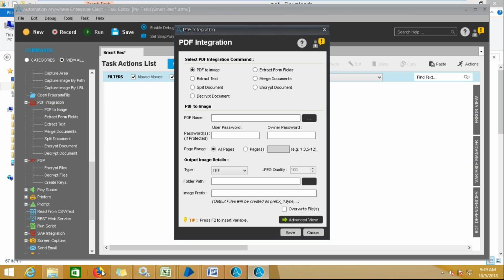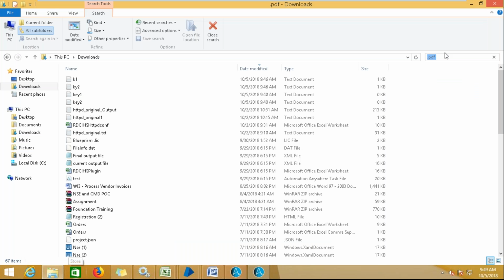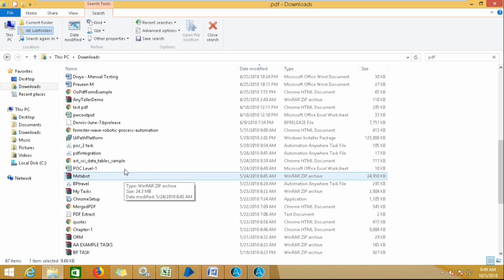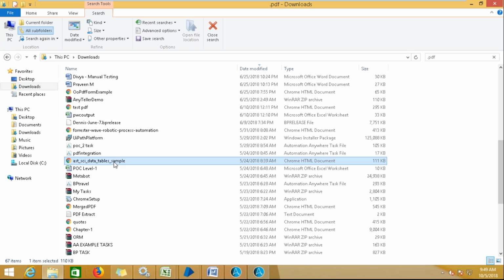First let me find a PDF file. It must be in the search, this one. Let's see what kind of data I have, because I don't have a PDF reader in this system.